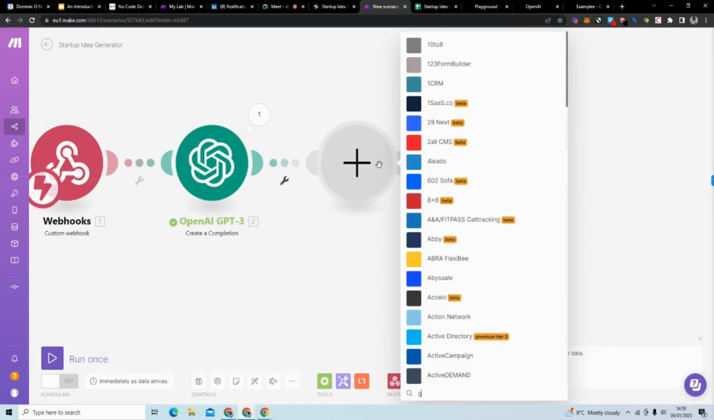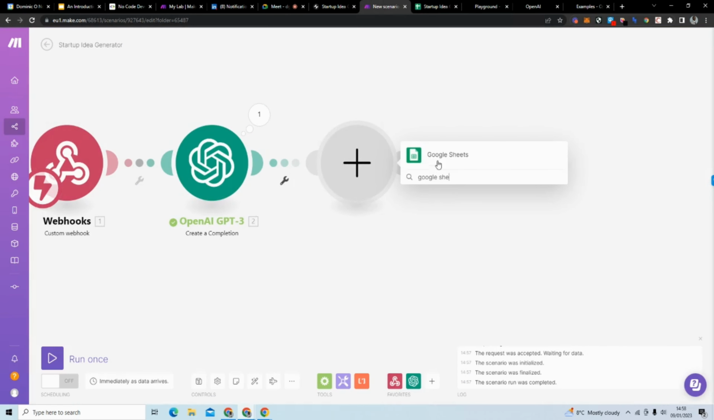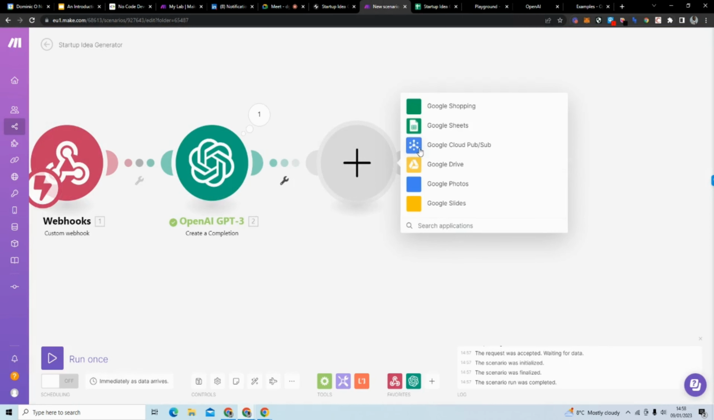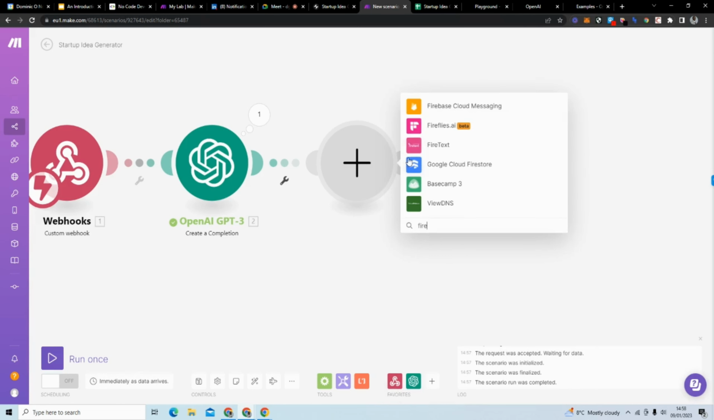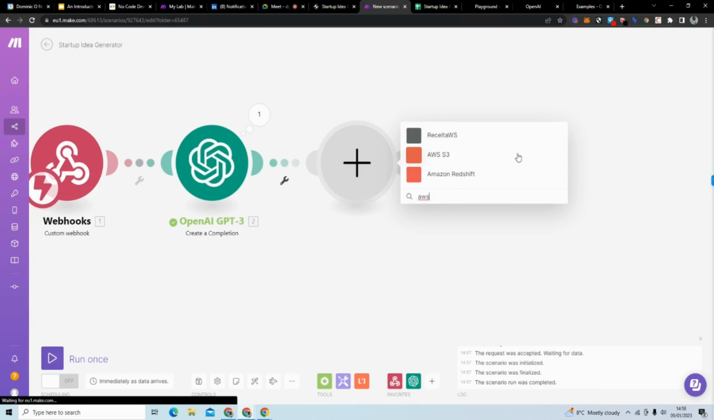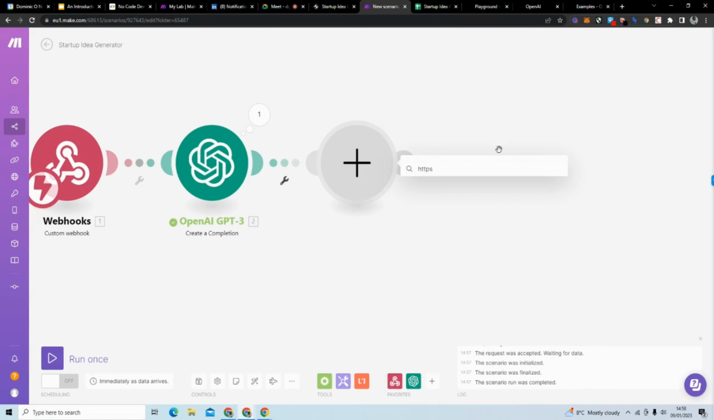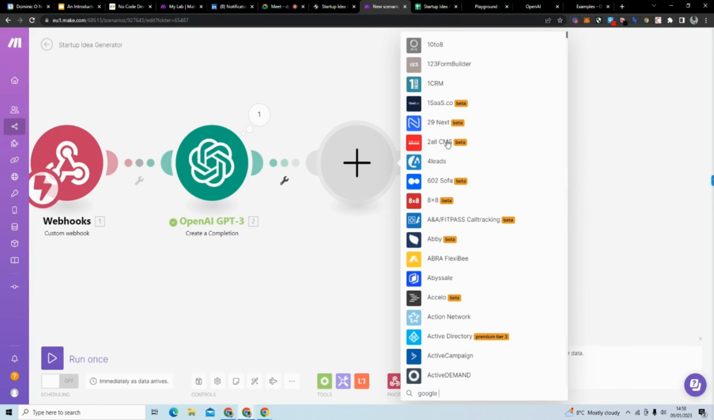All we have to do is connect Google Sheets. And we're connecting Google Sheets, but just to show you, I believe you can connect it to Firebase. I believe they have Firebase here. So they have cloud messaging, but they have Firestore. So when you're using Firebase, you would store your data in Firestore. You could send it to AWS S3. There's lots of different places you can send it. You can even make an HTTP request, and you can send it wherever you wanted as long as you had an endpoint. We're going to send it to Google Sheets,